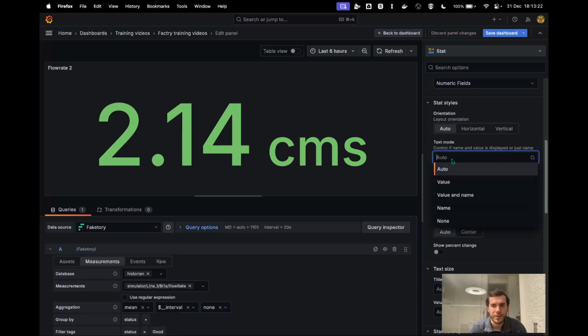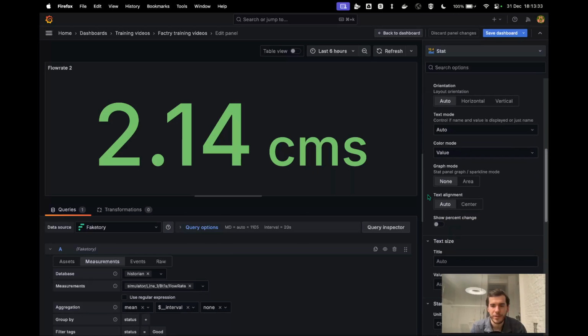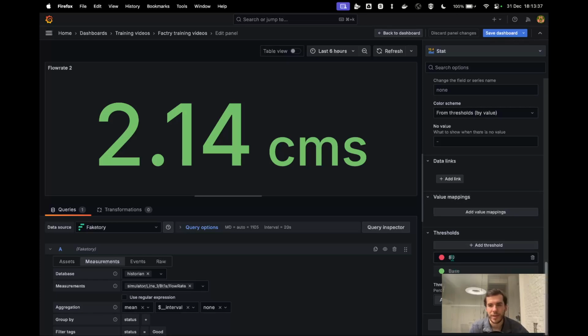You can have different modes for the text. So you can also print the name of the measurement or just do whatever the automatic choice is. And then for thresholds, for example, you can make this go red starting at 2,